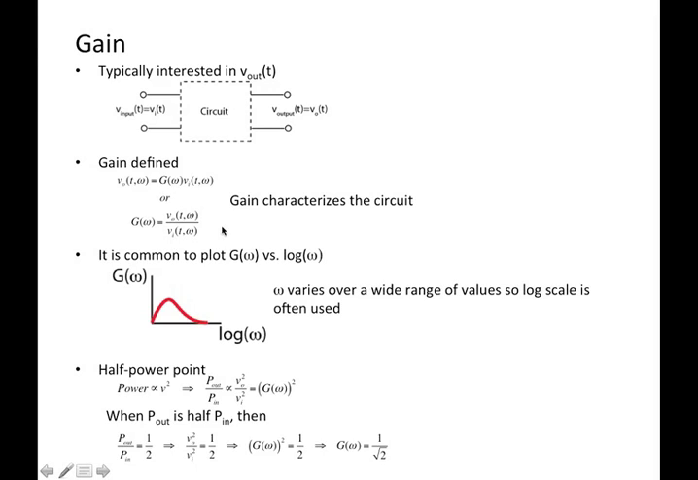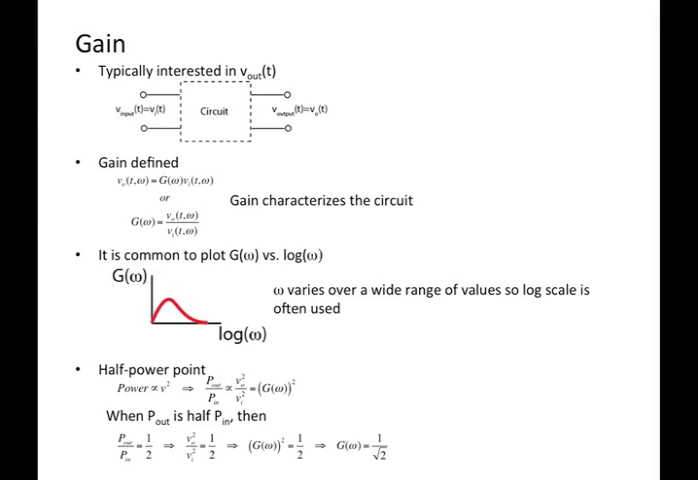And so you might say, well, I'm going to put in some input function, I multiply by the gain, and that tells me what I'm going to get out. And so a lot of times we'll plot the gain versus the angular frequency, right? Because the gain varies over some wide frequency. We typically do a log plot, and it turns out that the half power point, when you have half the power out that you put in,